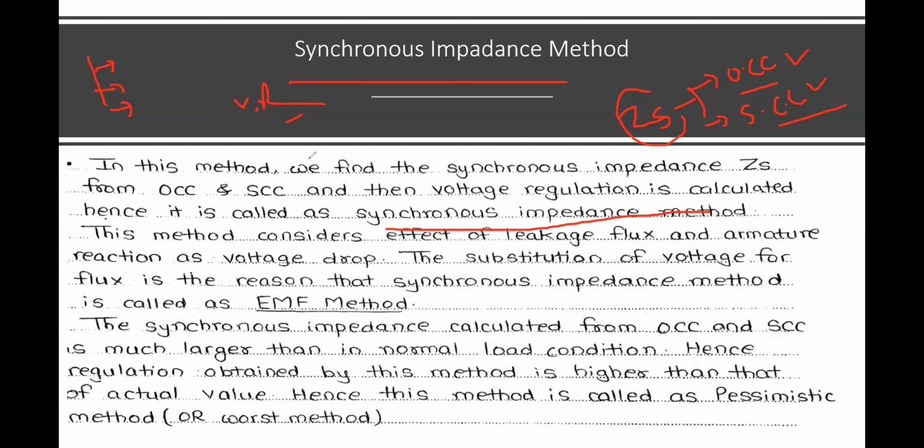Then Rupesh Nikam. Am I audible to you, Rupesh? Yes, sir. Please tell me which three types of drop are present in the alternator. Voltage, current, and the third name is...